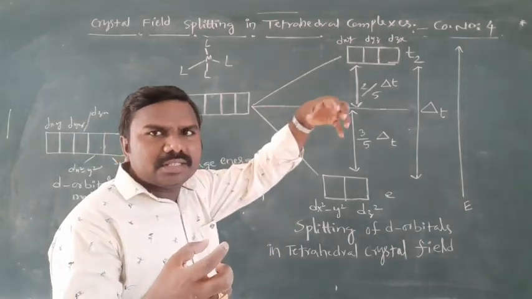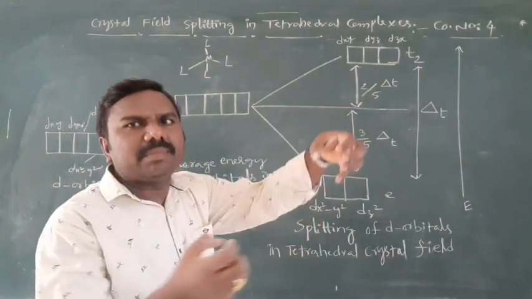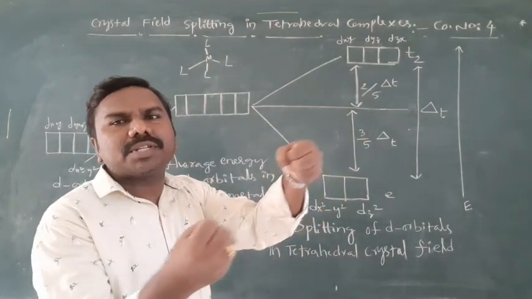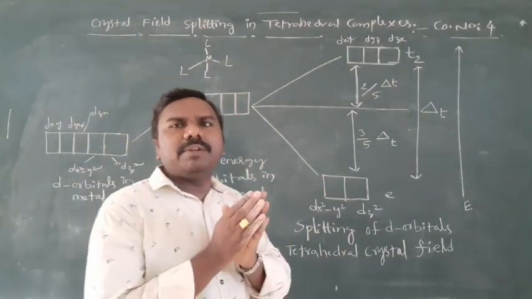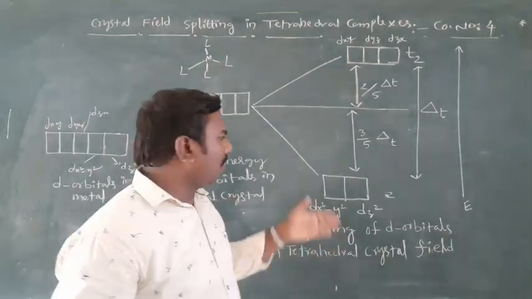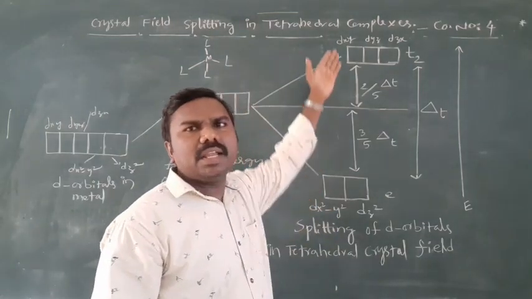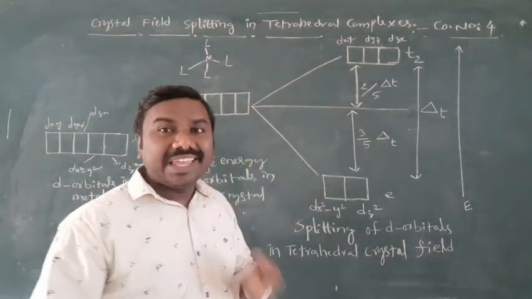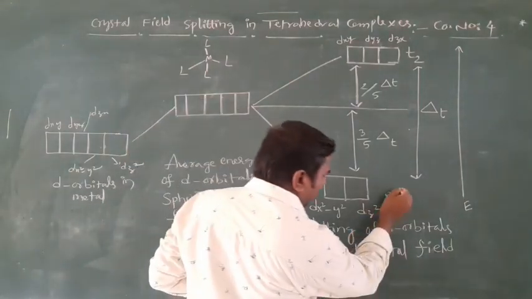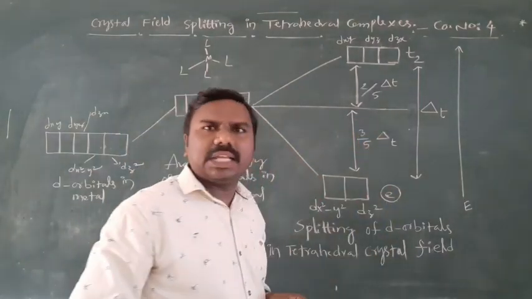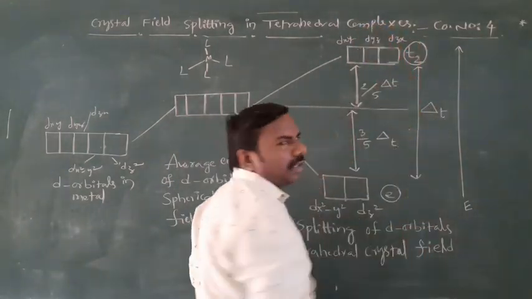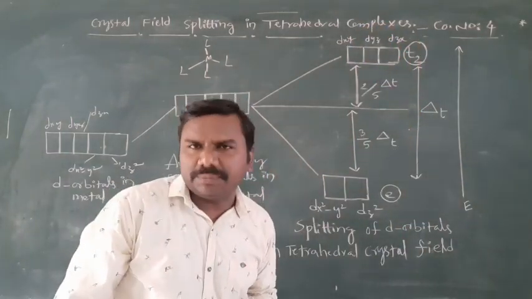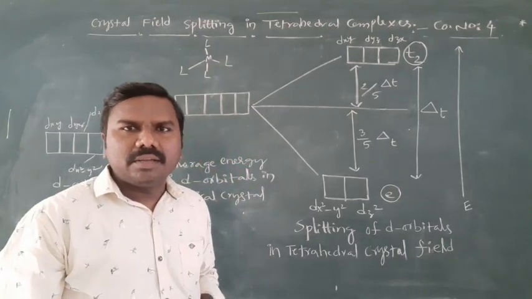Then as the ligands approach the metal atom, repulsion starts. After repulsion, the orbitals divide into 2 sets, E and T2. Here we are using E only, not Eg, and T2 only, but not T2g. Why? The reason is